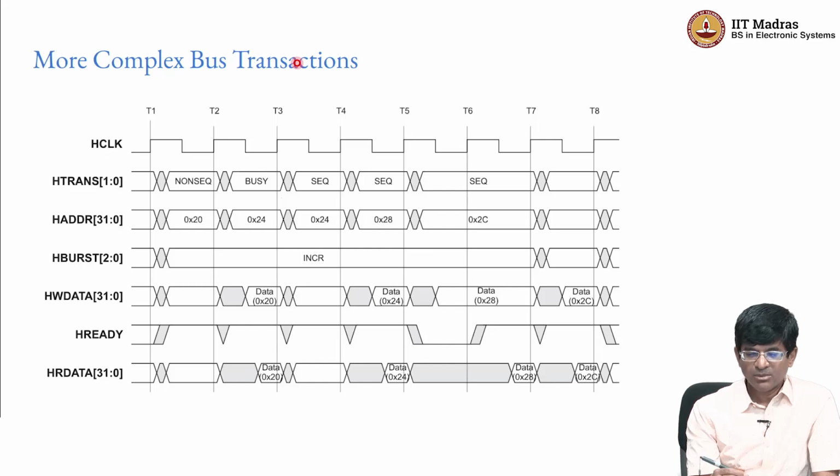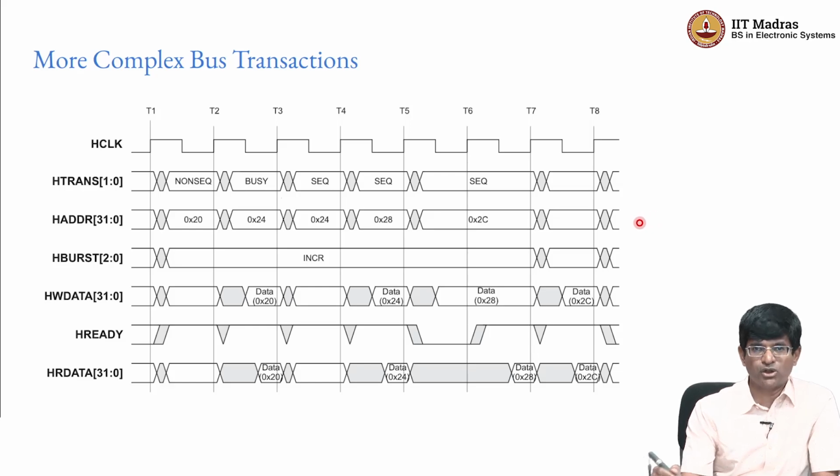As I said, there can be a number of complex bus transactions that are possible in some kind of a modern bus like this. You can have things like non-sequential transactions where the address basically could jump to different values. You could have something where it essentially says it is going to be busy and the bus is not used over here, right? I don't want to go through this entire picture in detail. The point is that this is directly from the AMBA bus architecture document, right, and indicates various different kinds of transactions that can be performed.